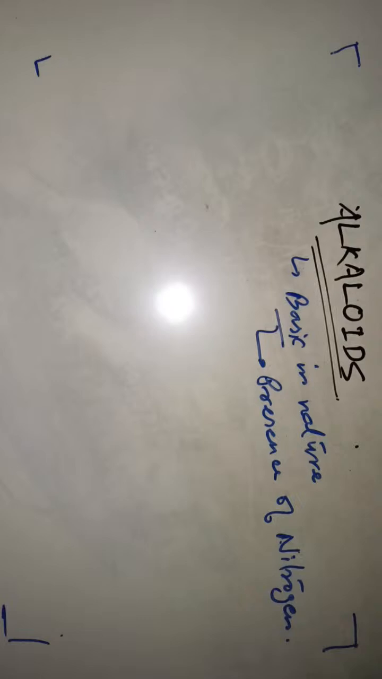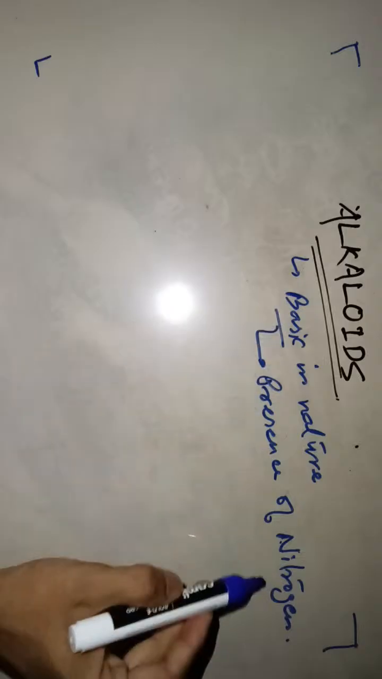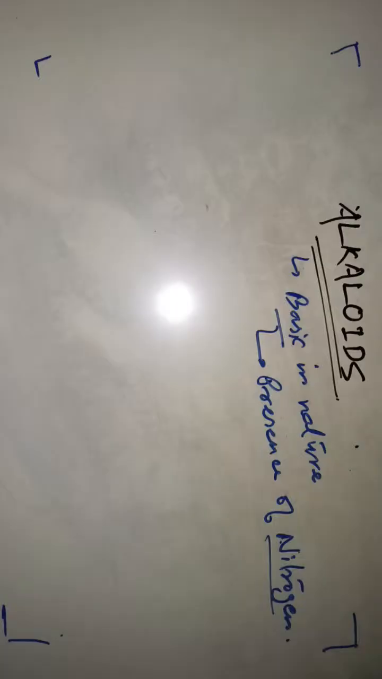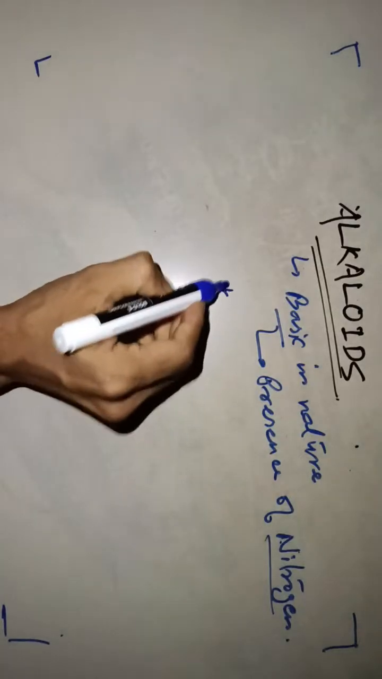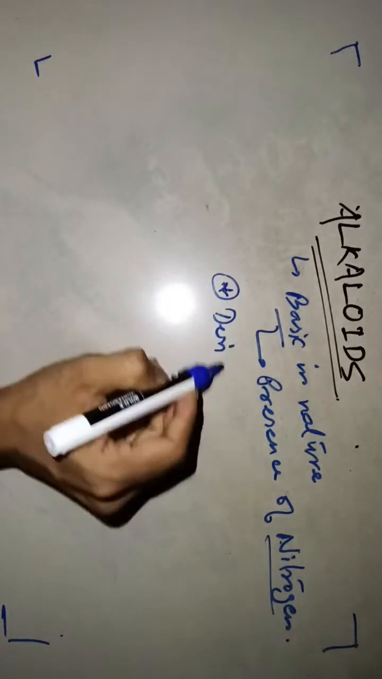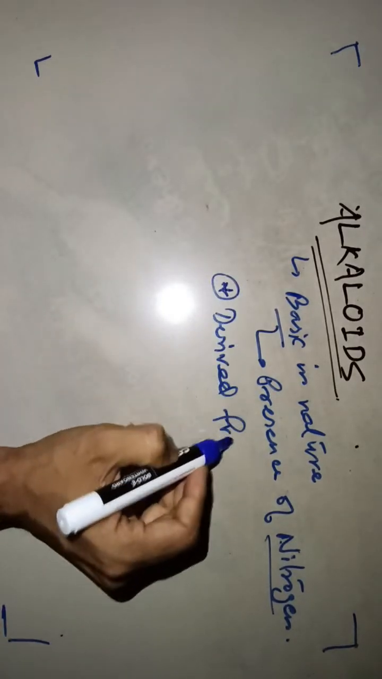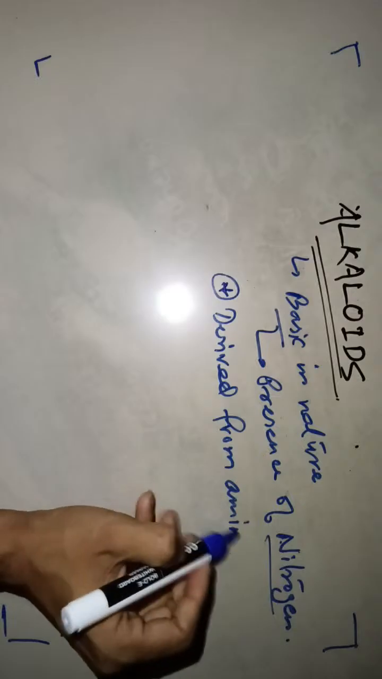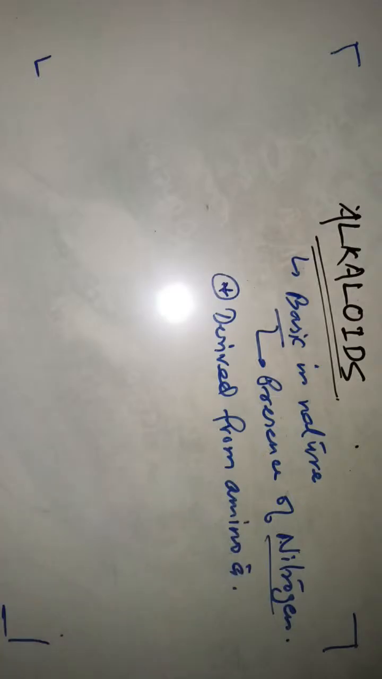So now we are going to study the different characteristics of alkaloids. First of all, they are derived from amino acid. It's very important. Alkaloids are derived from amino acid. If possible, make a short note. It will be very important. It will be very much beneficial for you because I will give all the important